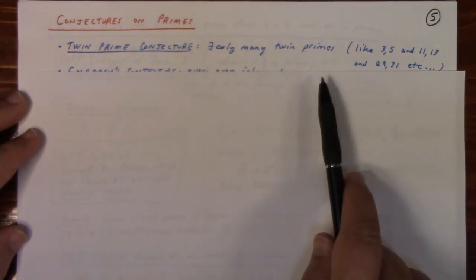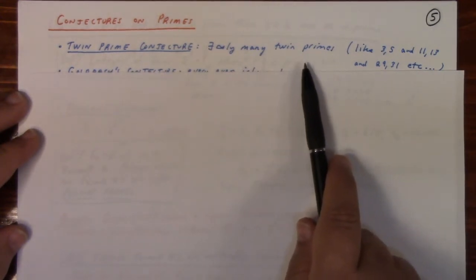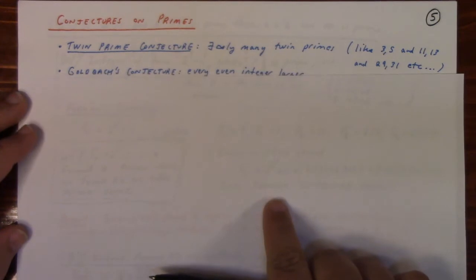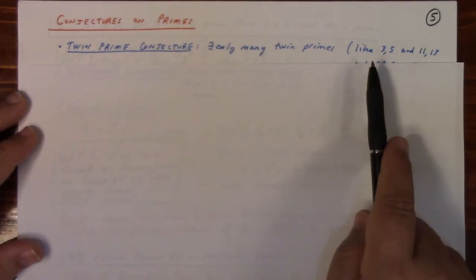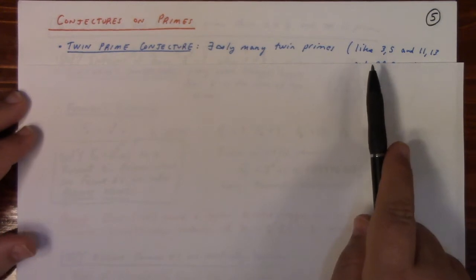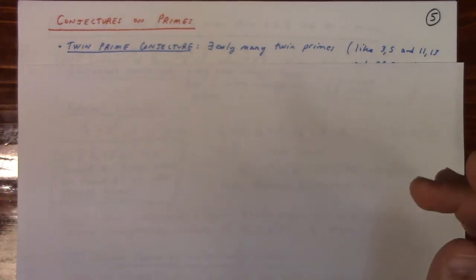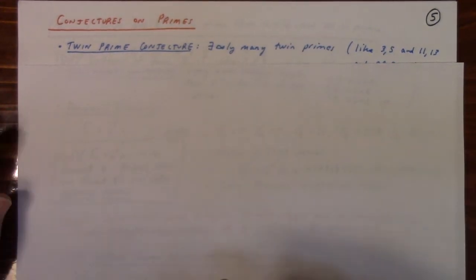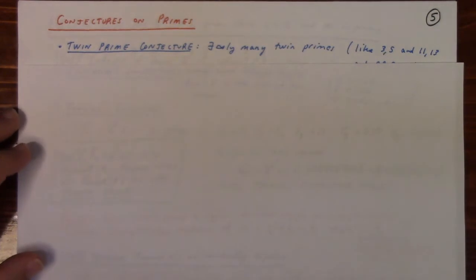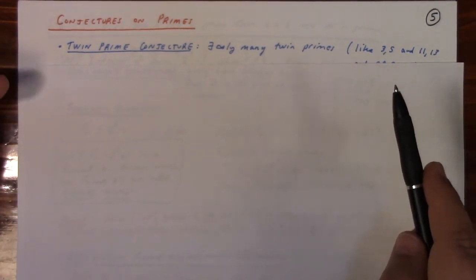So people tend to believe that this is true. I mean, we've found tons and tons of these things, but no one can quite prove this yet. So it's interesting though, right? Because the things we were just talking about basically say that the primes are spreading out. They're getting thinner, and yet even though they're getting thinner, they're still coming in pairs. So there's a tension here logically between the twin prime conjecture and the density results we